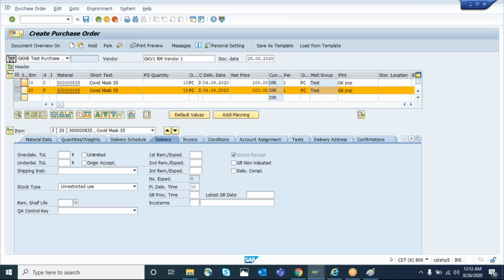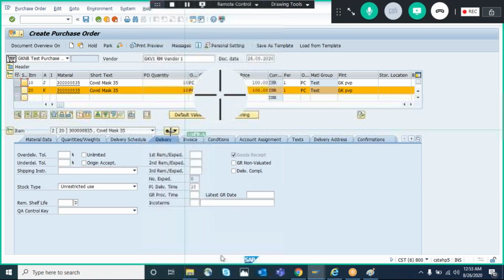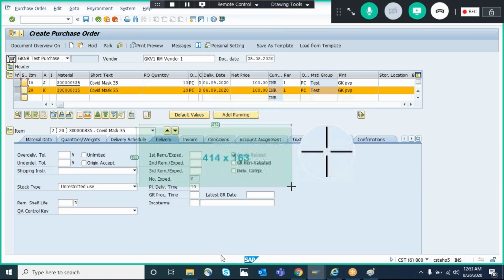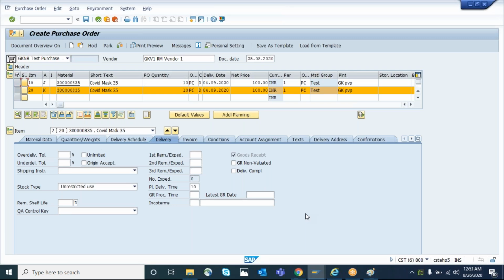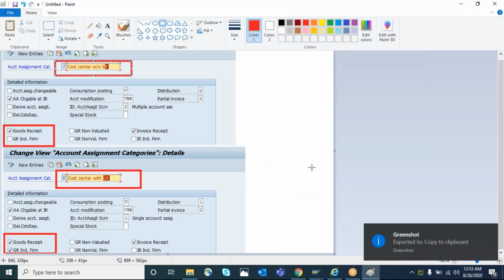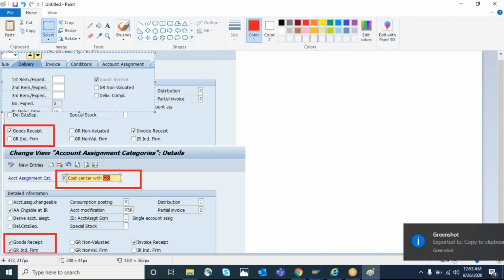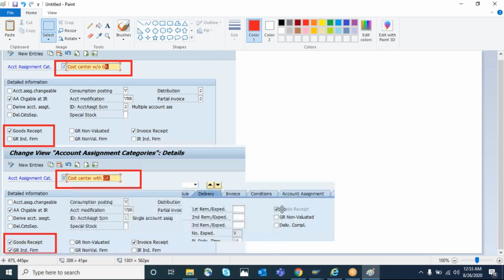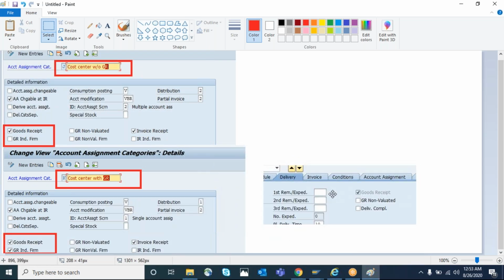Let's take a screenshot of the delivery tab to see what will happen. This is the impact of K because of the GR indicator form. You cannot remove the flag.